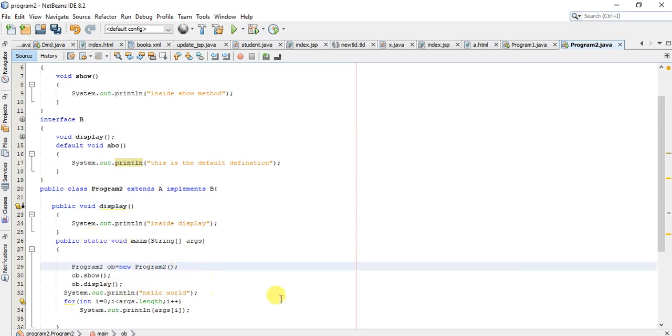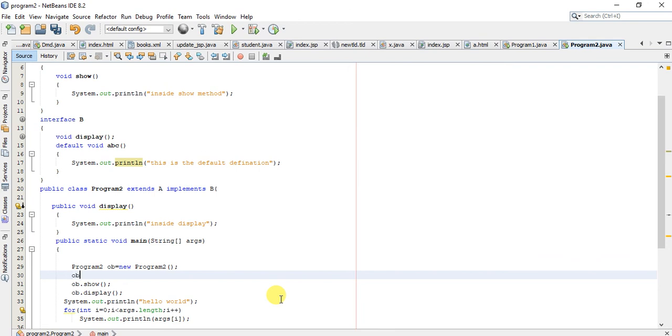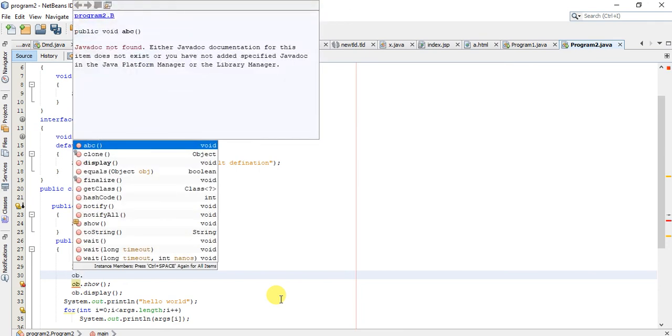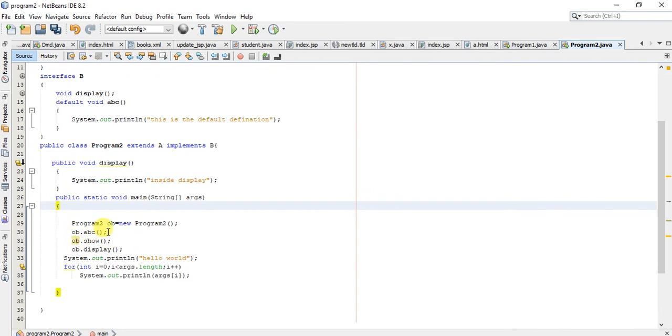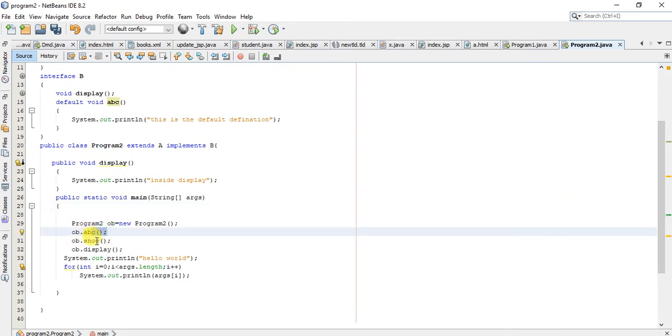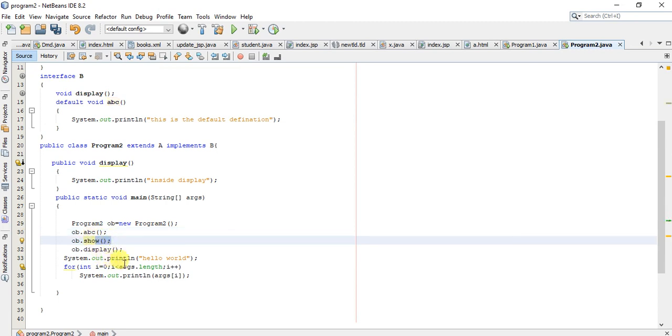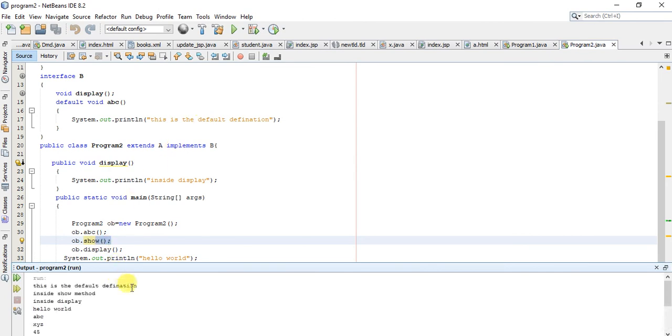And now if I run it, ob.abc, this is the default definition, ob.show. So now you can see this is the default definition, this is the show method, display method, and hello world.